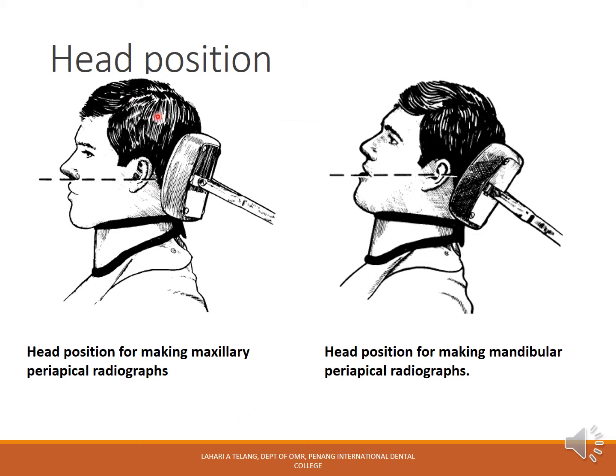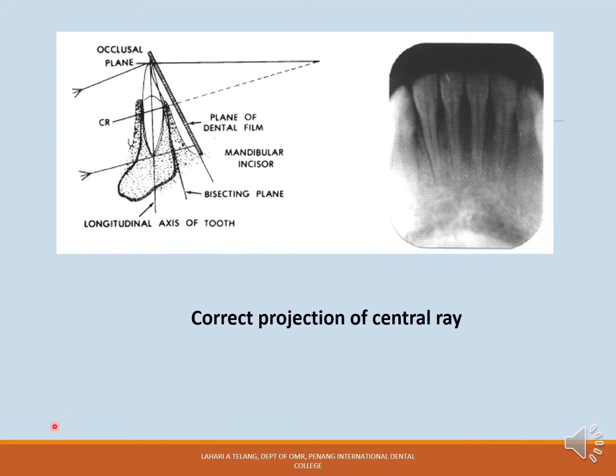So when you're taking a maxillary radiograph, this should be the head position, and for the mandibular radiograph, the head position is slightly different. Head is well supported in both these cases, but in a maxillary radiograph the maxilla is parallel to the floor, whereas in a mandibular radiograph it's the mandible which is parallel to the floor and not the maxilla. So the correct position of the central ray, imagining that this is the central ray which is passing through the